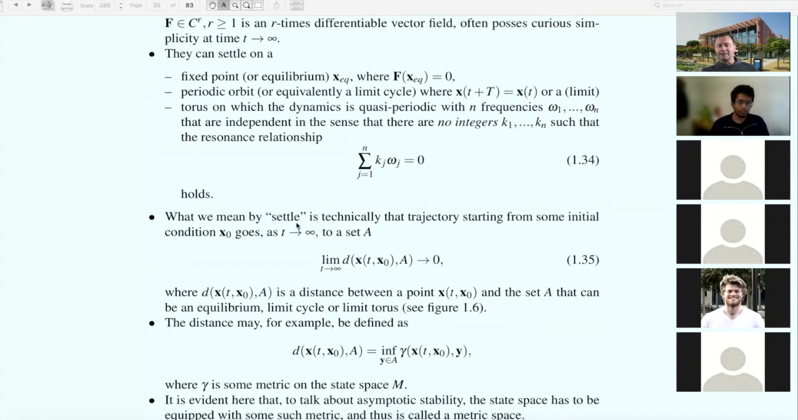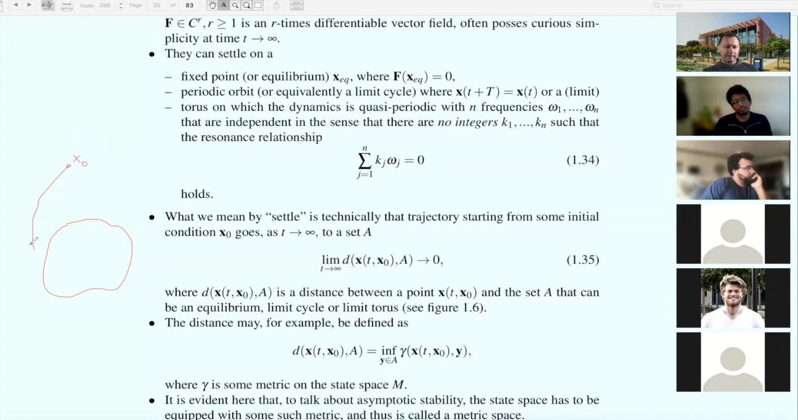What I mean by saying the dynamics is going to settle, it just means that starting from some initial condition x0, as time goes to infinity, one approaches the set A. That's the notion of convergence. So let's suppose you have some set. Let's say it's actually a limit cycle, and you have some trajectory starting from x0. And you want to know that the distance between this trajectory and the limit cycle goes to 0 as time goes to infinity. If you had a fixed point,